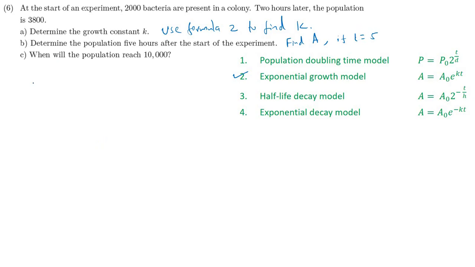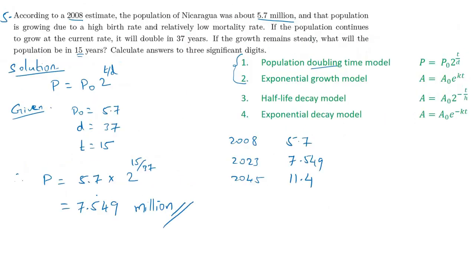The same logic. The next question, when will the population reach 10,000? That means, see in the formula, the same formula only. A is 10,000, they have given. When will the population reach 10,000? Time, when will? That means time you want to find. So for this one I will write 10,000 equals initial value, we know that one, 2000, multiplication e power k value. Here you will get k value, substitute that k value into t. See, power t is there. You know how to calculate the value for t, already we have calculated here.